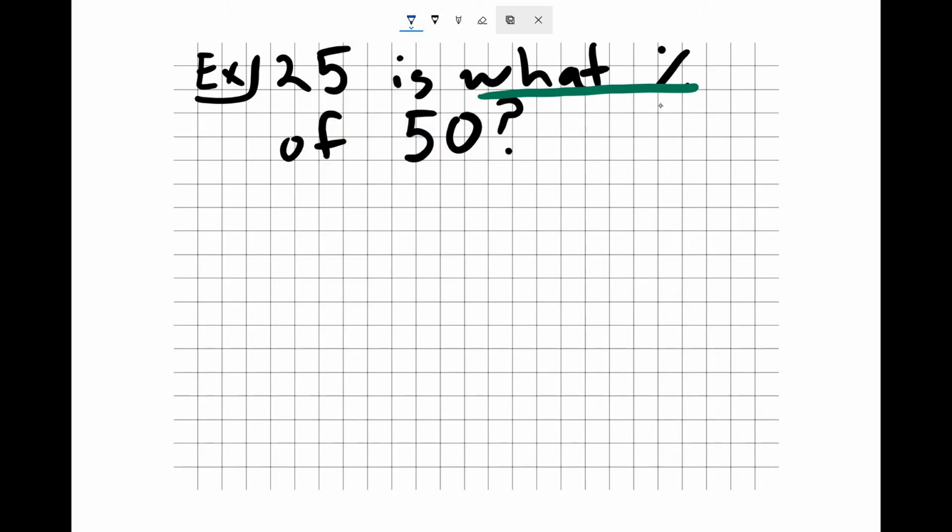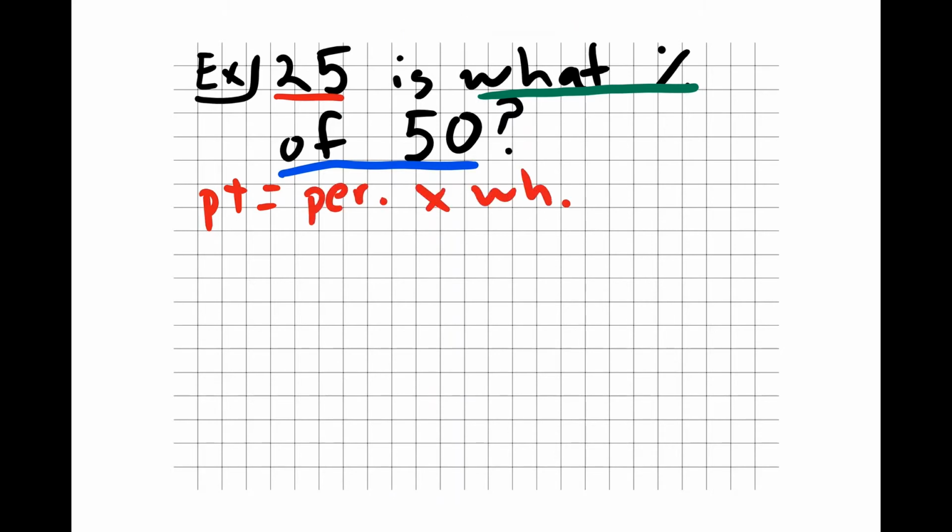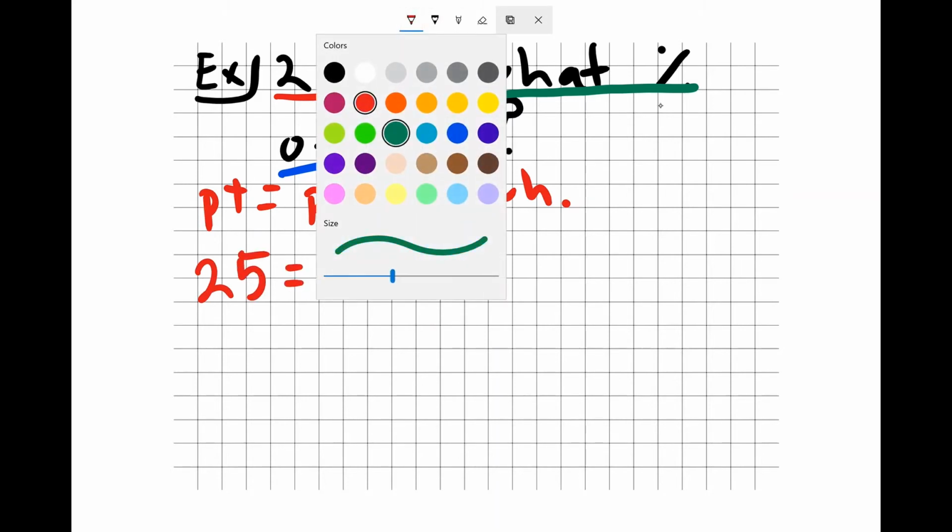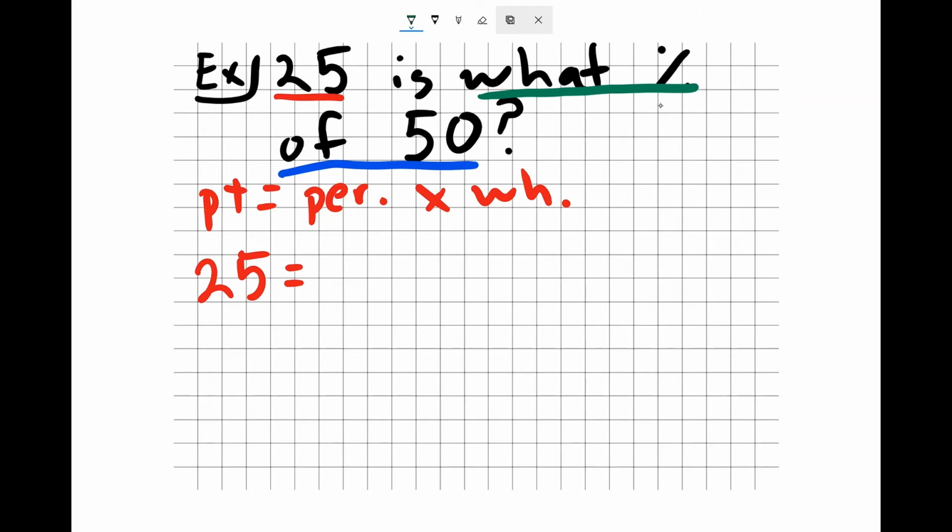Next, the keyword of, as we discussed previously, will indicate to you which one is the whole, and by process of elimination, 25 is going to be your part. So again, percent equation is part equals percent times the whole. So let's plug that in. 25 is going to equal percent, let's say n,